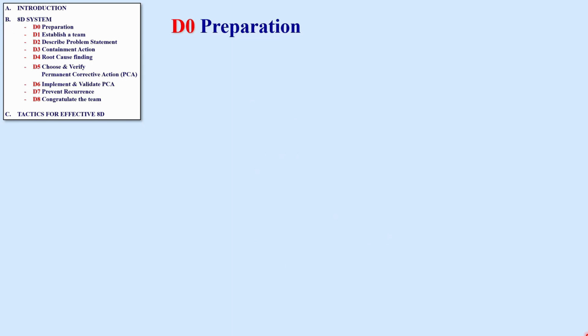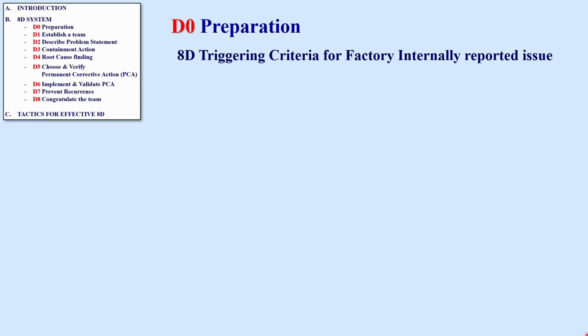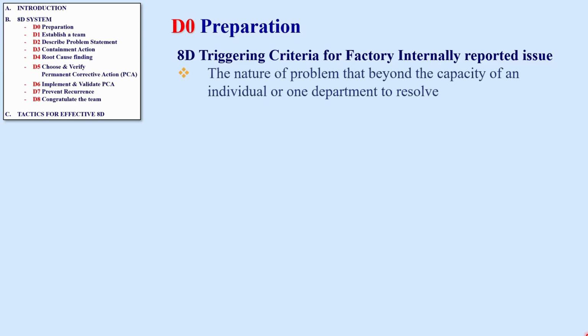There are two types of 8D triggering criteria. One is used for issues triggered internally in the factory, while the other is for issues triggered externally by the customer. Here we are going to share with you the common criteria for issues which are triggered internally. The first criterion is for an issue beyond the capacity of an individual or one department to resolve, where a team is needed to